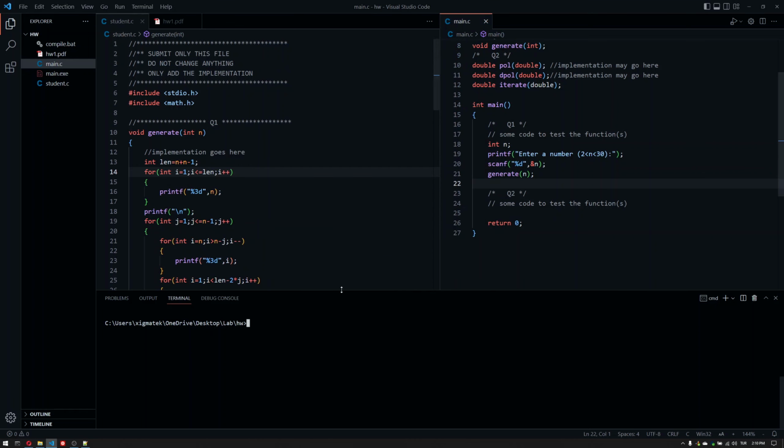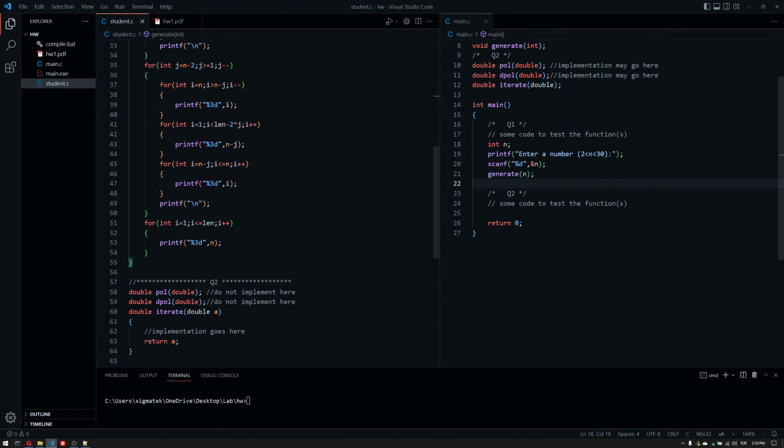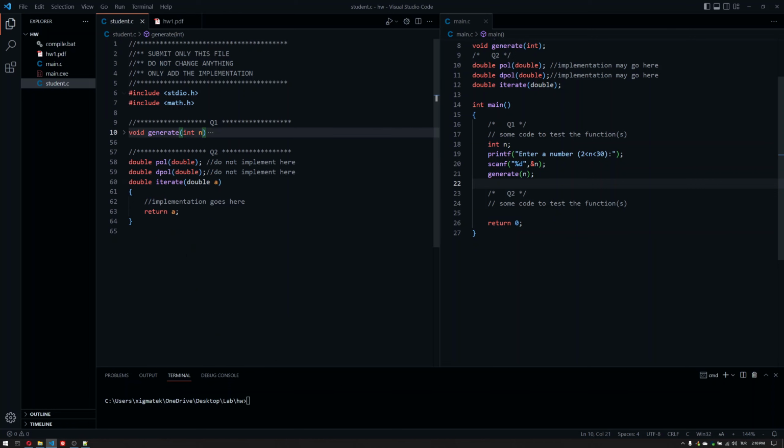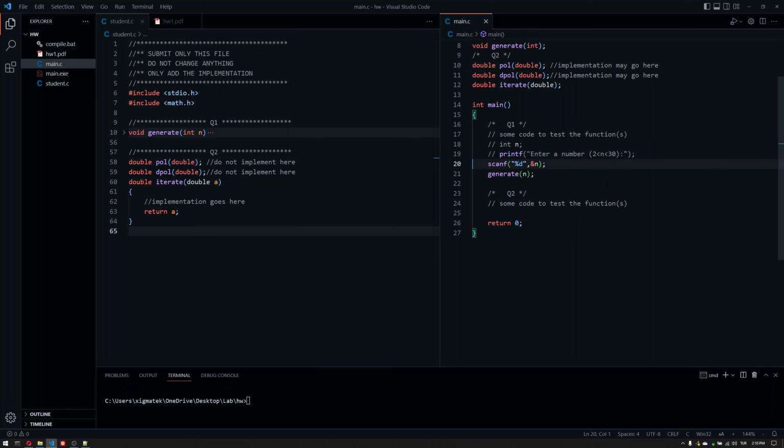So let's get rid of this. Now you can see that this is basically the library that you code and implement, and I'm interested in this file because I'm going to have my own main file that may try different generates and look for the result, for example like 2 and 30, and if they work for them then it's okay, something like that. So therefore I don't really need your main file at all. So once we're done with that,